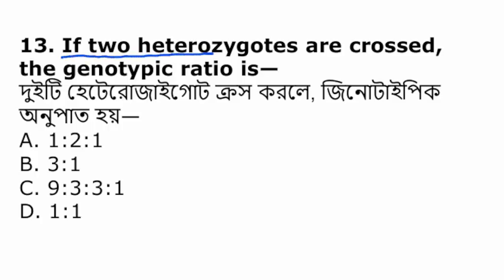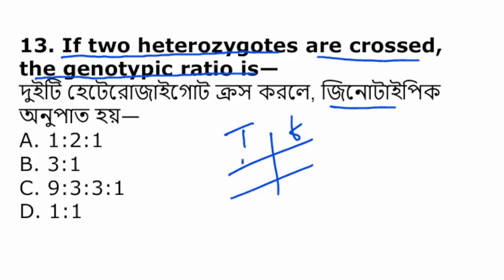If two heterozygotes are crossed, the genotypic ratio is? যখন দুইটা হেটারোজাইগোসকে ক্রস করা হয় তার মধ্যে জিনোটাইপিক রেশিওটা কত হবে? যেরকম আমরা যদি ক্যাপিটাল টি স্মল টি সেটাকে ক্রস করি ক্যাপিটাল টি স্মল টি, তখন তার মধ্যে যে জিনোটাইপিক রেশিওটা কত হবে? 1:2:1, 3:1,